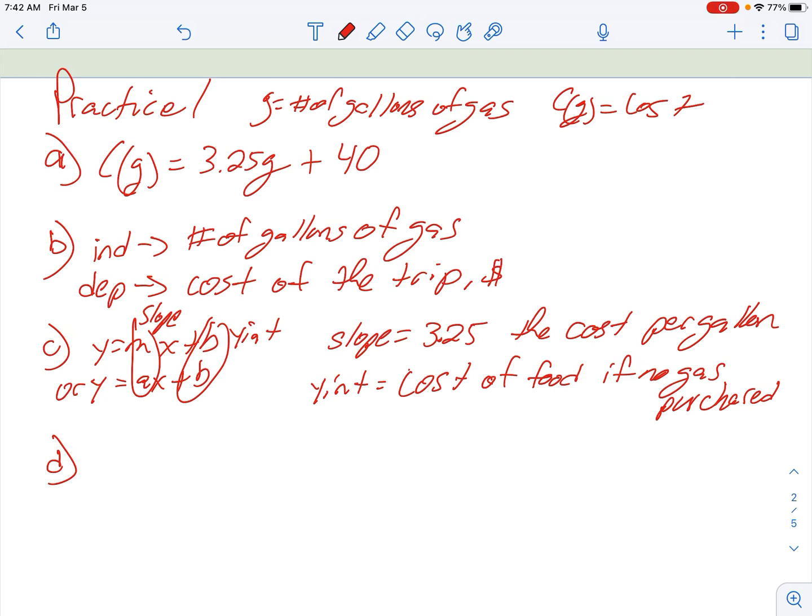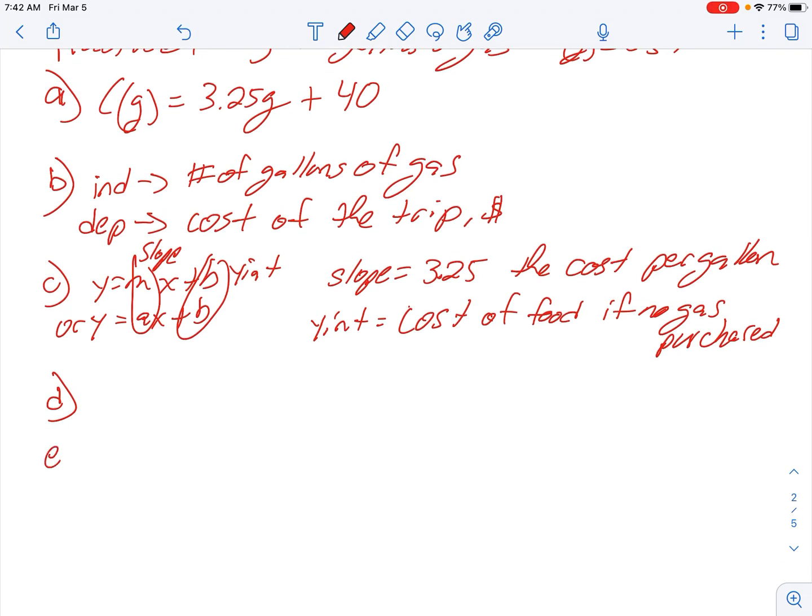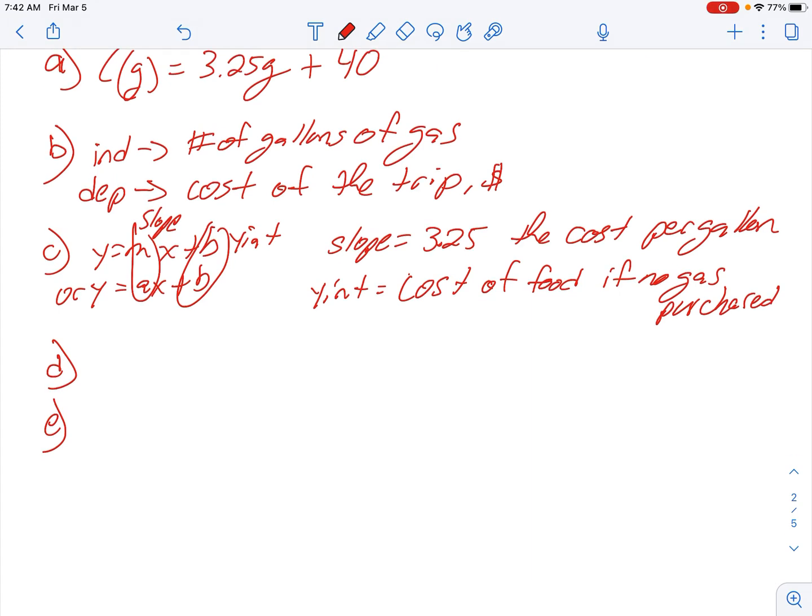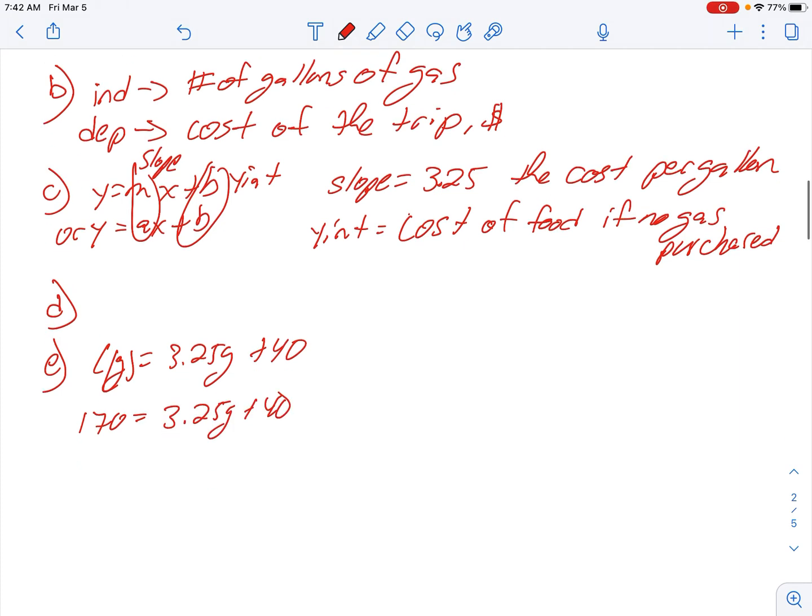Part D, graph the function on the coordinate plane. We'll talk about that in a little bit. I'll bring up my calculator for that, but let's just go ahead to part E. Use the graph to determine how many gallons he can buy if he has saved $170 per trip. So we don't necessarily need to use a graph, and I wouldn't probably suggest it myself. I'm going to use the function that we've been building and set the cost to what we've saved in order to figure out how many gallons we can buy. So I'm going to subtract 40, and I'm going to divide 130 by 3.25, and then what I get for that then is,